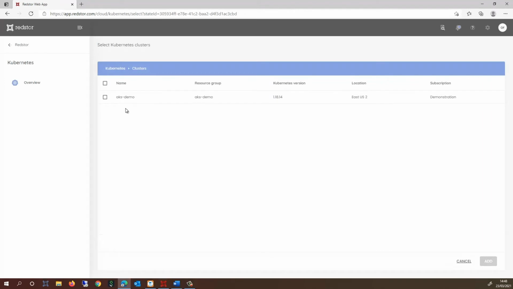Fantastic. So we can now see a list of any Azure Kubernetes clusters that exist. In my case, I've just got one here, so I can see the resource group, the versions of the Kubernetes, the location of where that cluster is positioned, and the subscription that is in use. So I'm going to simply choose my AKS demo and click on the Add button at the bottom right hand